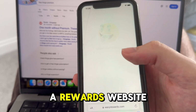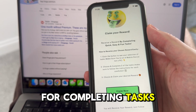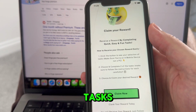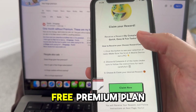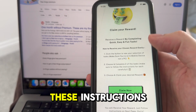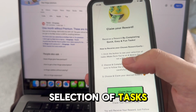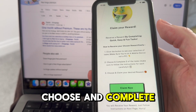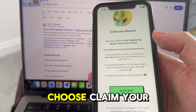Now, this is a rewards website where basically you get rewarded for completing tasks. And the special thing about this website is you only need to complete 2 tasks, and you can choose a 12-month free premium plan for Hinge. So basically follow these instructions. It says click the button to see your selection of tasks and make sure you use a mobile device. Choose and complete 2 of the tasks and follow the instructions,